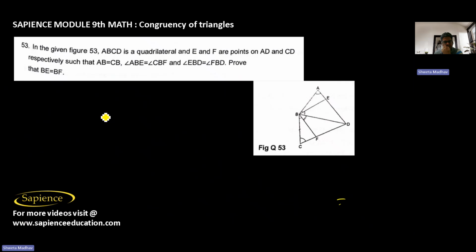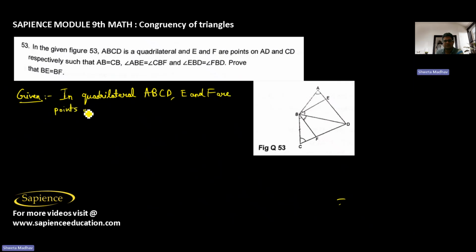This is a quadrilateral. So now it is given that in quadrilateral ABCD, E and F are points on AD and CD respectively,